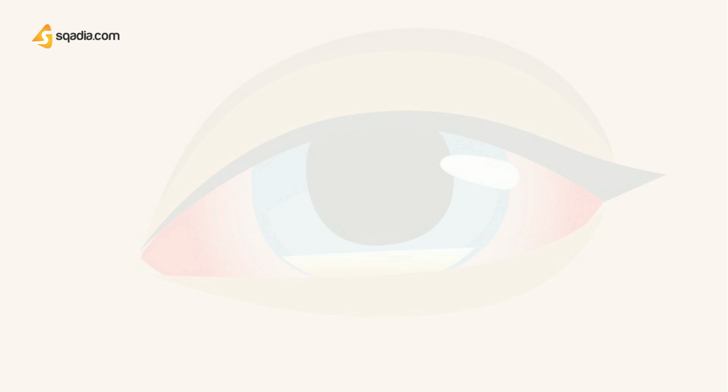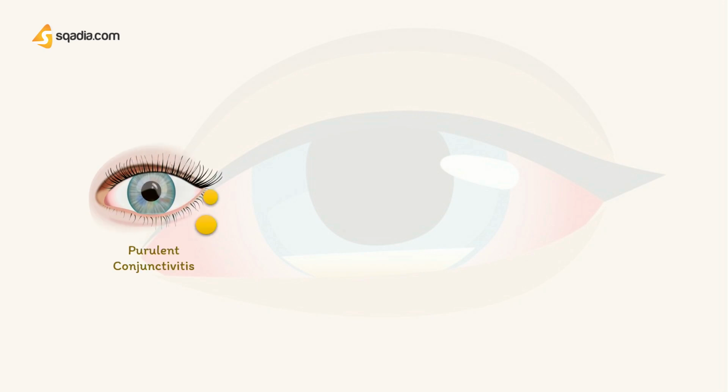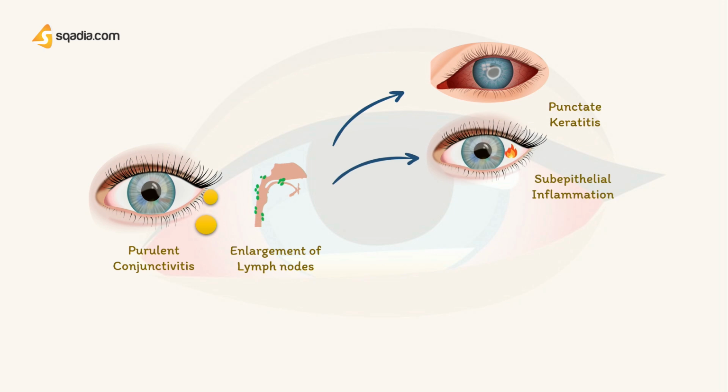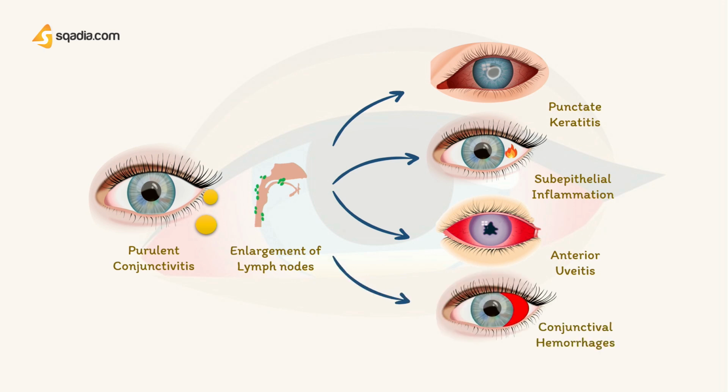When adenovirus takes effect, purulent conjunctivitis occurs with enlargement of the ipsilateral periauricular lymph nodes. Corneal involvement leads to punctate keratitis and subepithelial inflammatory infiltration. Anterior uveitis, which is the infection of the uveal tract, and conjunctival hemorrhages, which are basically the bleeding that